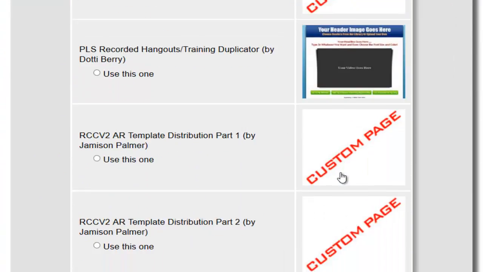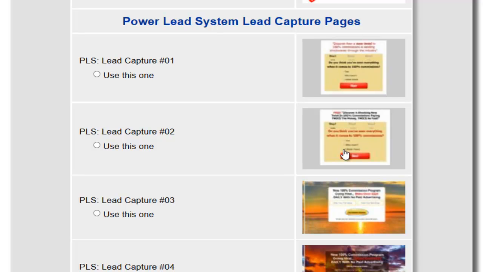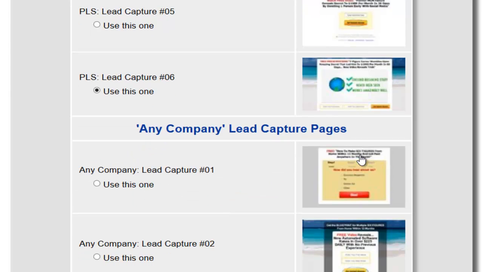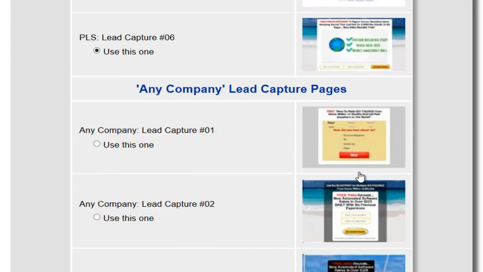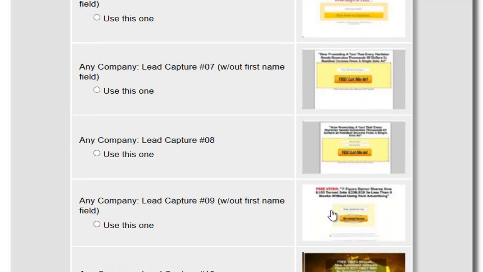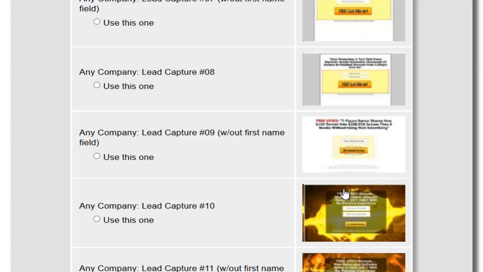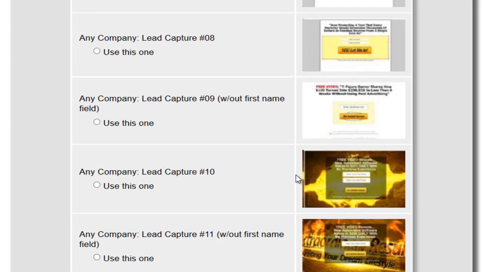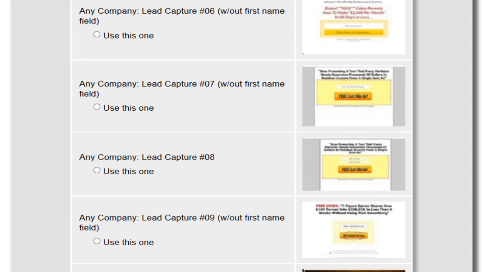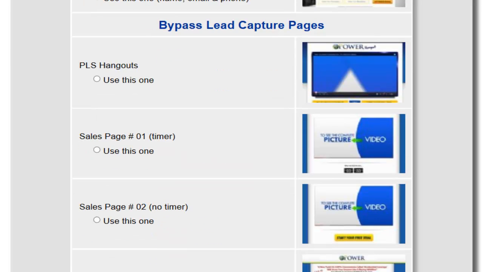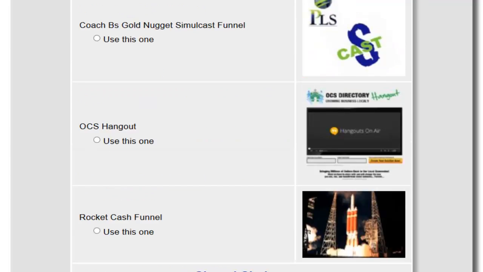Did you know that you can edit any one of these lead capture pages? You can easily change whatever the headline is, the bullet points, the subheadline, the picture in the background video, the video inside the lead capture page. Anything you want to change, you can easily change and edit with any of our lead capture pages. Now, like I've said before, you don't have to do that. You don't have to make the edits, but a lot of times you want to customize a lead capture page